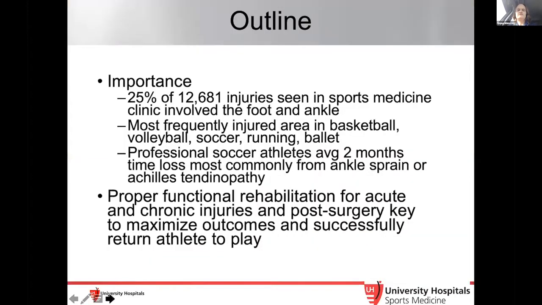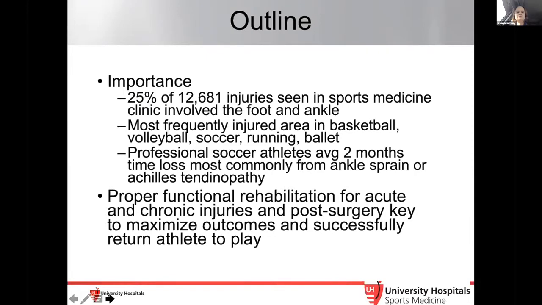So the importance of foot and ankle injuries: about 25% of your volume in the clinic is related to sports injuries to the foot and ankle, more commonly basketball, volleyball, soccer, running, and ballet. It can be quite a devastating injury sometimes to elite athletes. They can be out for 2 months, particularly with lateral ankle sprains or syndesmotic sprains. So really having the proper functional rehabilitation program is really important to maximize outcomes and get the athletes back